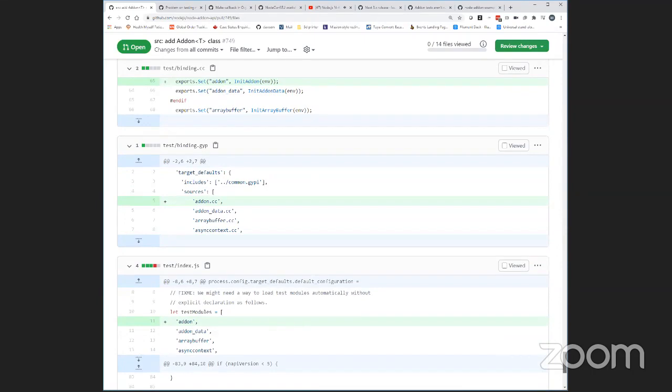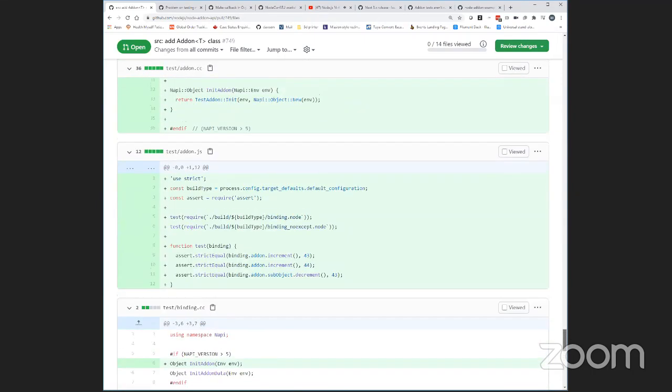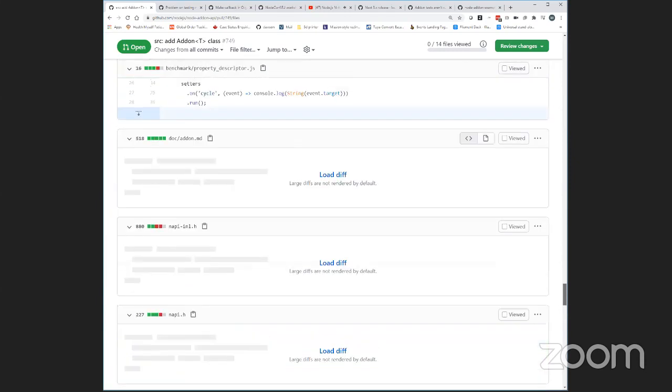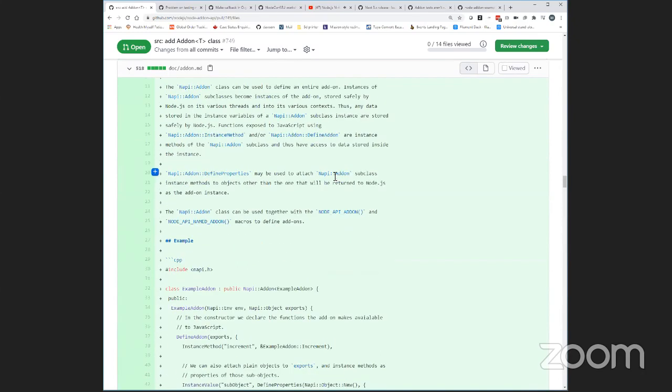So that's what this PR does. It basically rips apart the ObjectWrap class and injects a new base class for it called InstanceWrap, which is also templated just like ObjectWrap. And then it creates a subclass of InstanceWrap called Addon, which is also templated the same way.